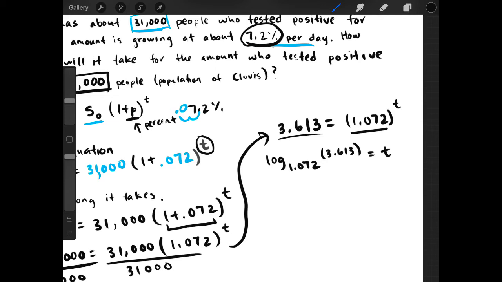So now we're just going to use our properties of logs. What we know is we can rewrite this log base 1.072 of 3.613 as log of 3.613 divided by log of 1.072,